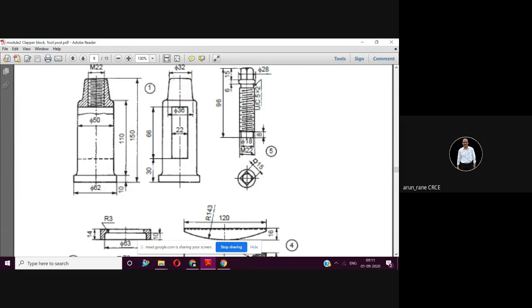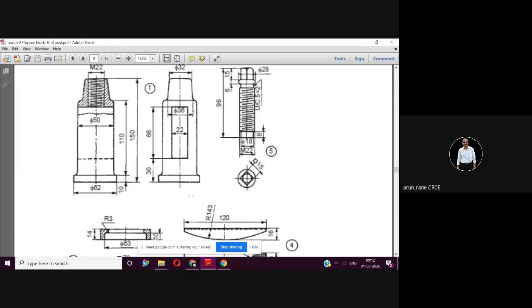Once the sketch is done, then you can do this filleting. So first you draw this line, then you can join this taper line with the help of this 36. Then this diameter, how much is this diameter? That is 50. So you can draw this line at 25. Then the height has been given. Then filleting. Then this diameter is also 62. So you can very comfortably draw this half section.